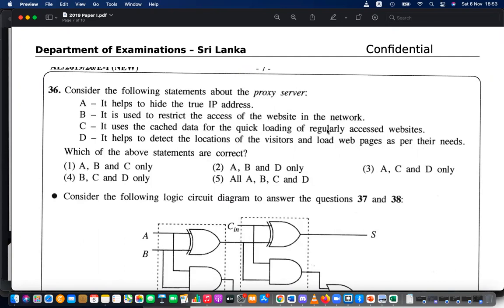Let's say you are using a proxy server in your network. Let's say you have 40 computers in your lab, and five of your friends are downloading a movie. After downloading, the movie is cached. We have experience of this in universities and all, because they mainly employ a proxy server.